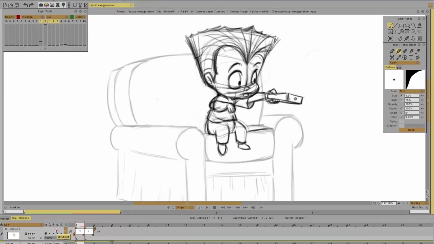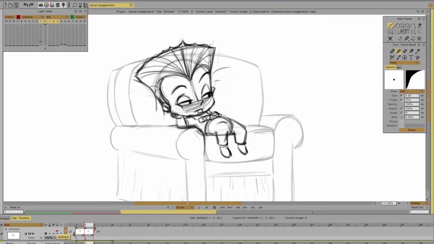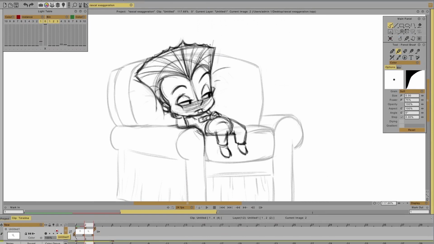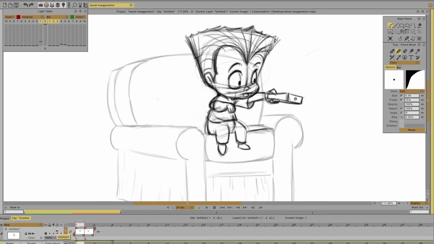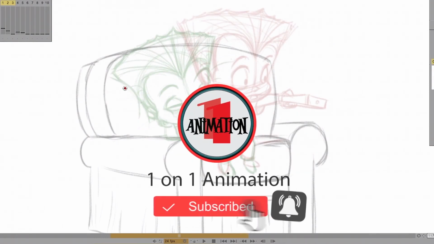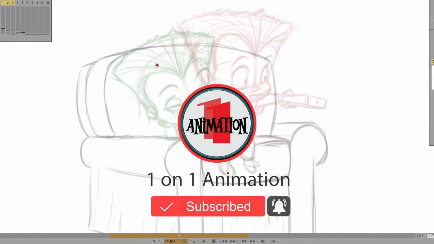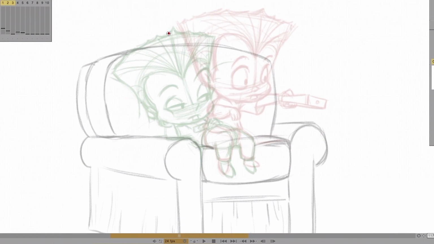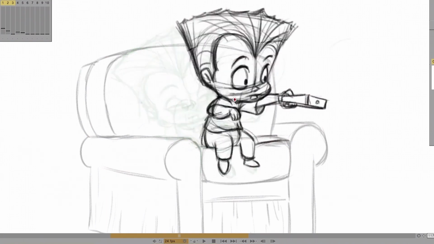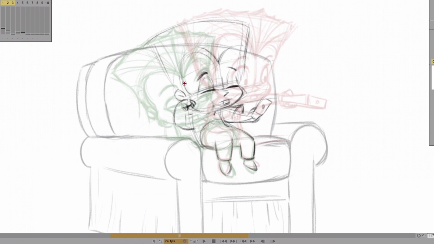Now we're going to work on the animation. So what we have here is two key drawings. It's Rascal, he's in his living room, and he's turning on the TV in a big sofa. The drawing in red is the first key, the drawing in green is the second key. In this demonstration, I'm just going to put in a basic one breakdown. I'm not putting in a bunch. It's just going to describe the action in a real simple way.